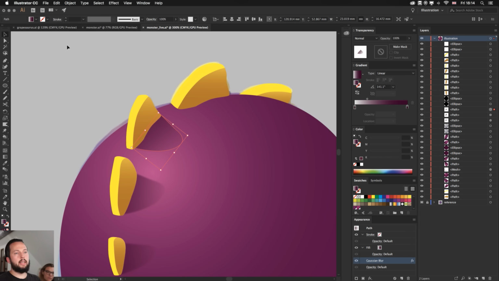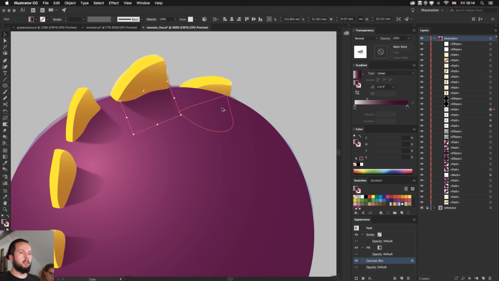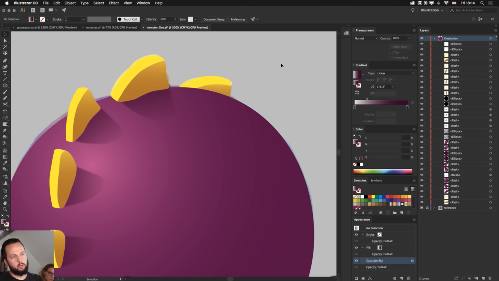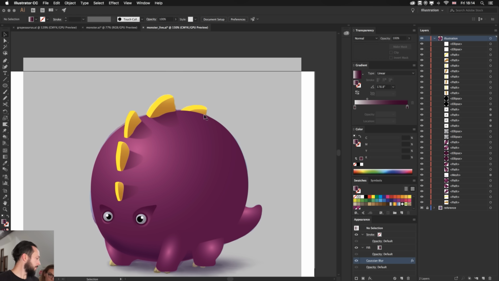Again, I'm thinking of the light source coming from here, that's why I'm rotating each of them. If I keep them the same direction, it will look weird. So you are thinking always of how these shapes relate to the light source. That's another shadow. And then the last one, to be honest, that one wouldn't cast a shadow here because it's already going in the distance. So we only need the shadows here.